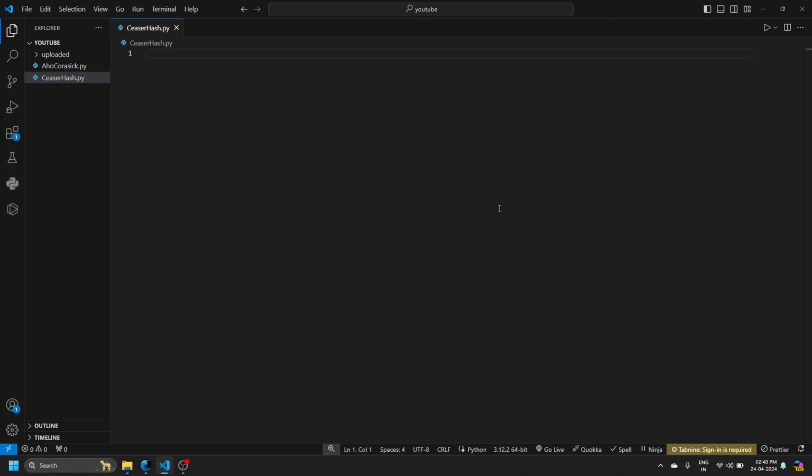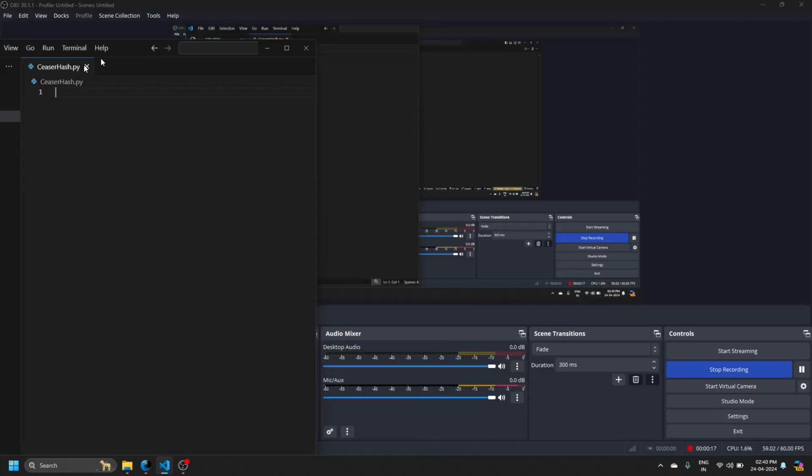Now I thought I'd go over what is Caesar hash, and Caesar hash is a really old way of hashing or encrypting. And as the name tells, it is believed to be used by the great Julius Caesar himself. And how it basically works is that,